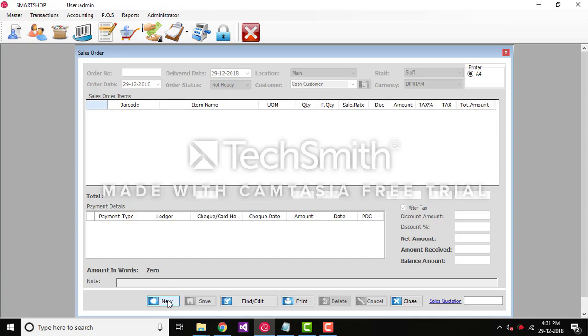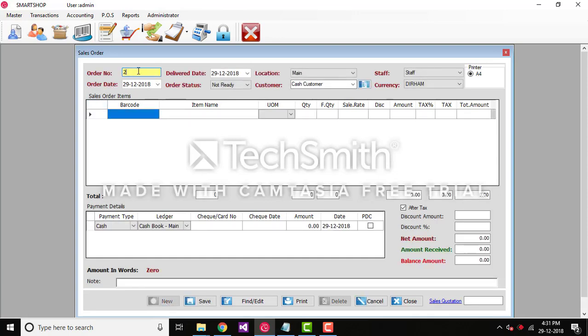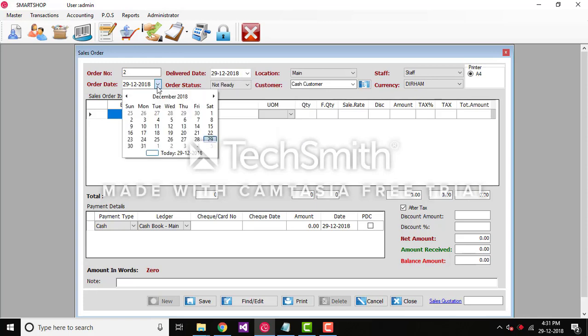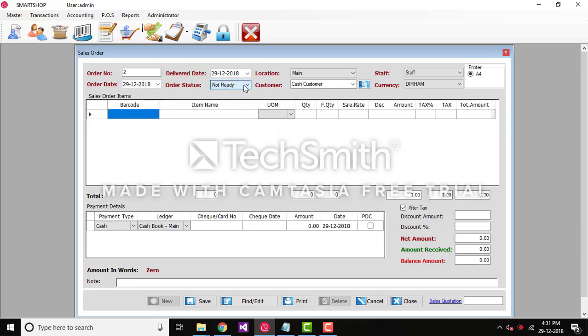User can select all the details like order number, order date, delivered date, order status, location, staff, currency, and customer from the top portion of the Sales Order module. We can generate a new customer right away from this module by clicking on the blue button placed beside the customer